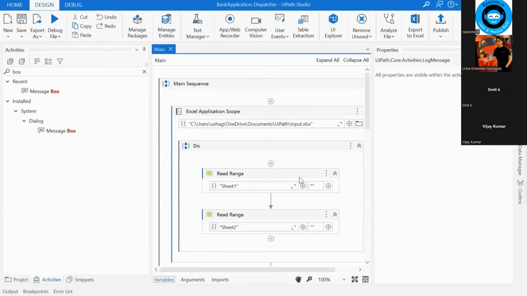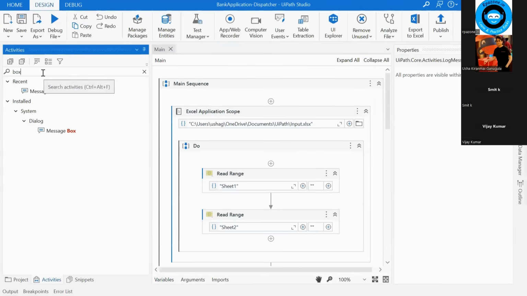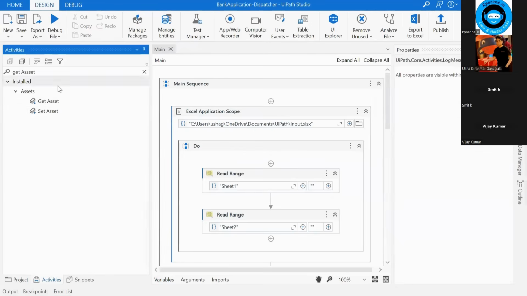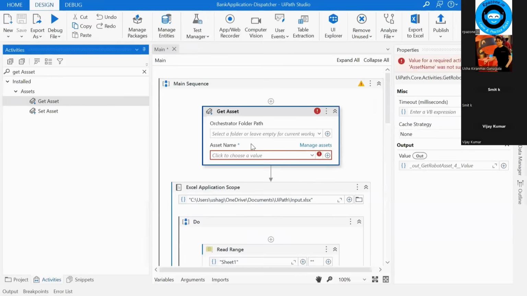Now let's go back to our dispatcher. Here I have given something called a static path, right? Now what I want to do is get this value from the Orchestrator, from the assets. So for that, I'm going here and then I will check the